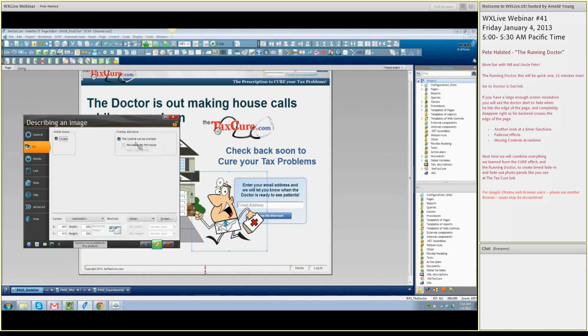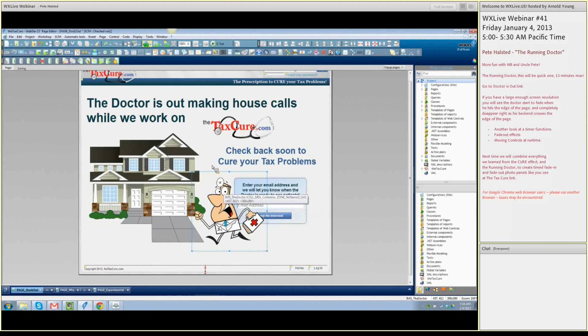No. That's the make it work button. The control can be overlaid. If we didn't have that on, we couldn't set him on top of the other controls. It shoves everything out of the way. That is on